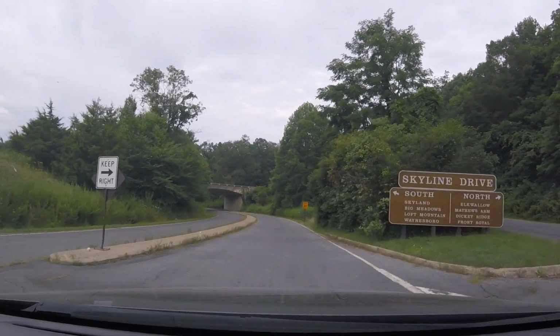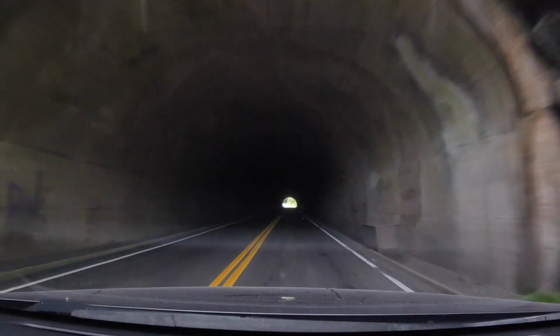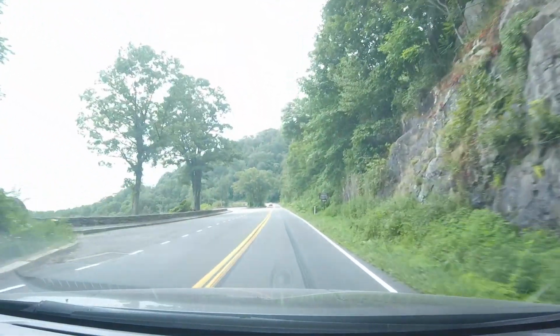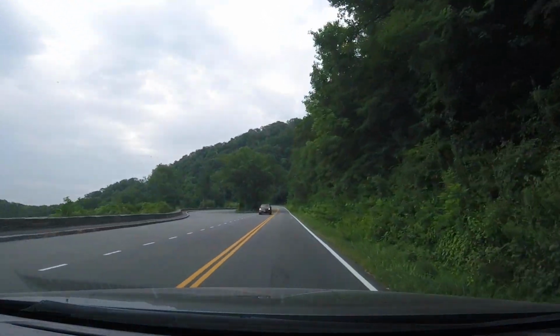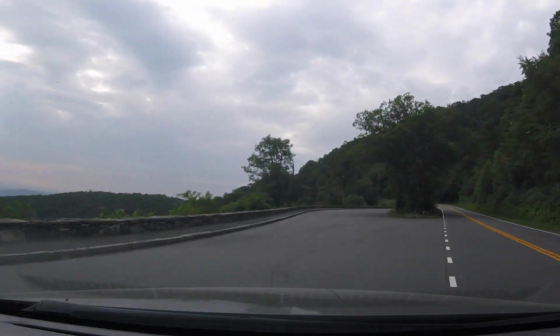So we're on what's called the Skyline Drive. It's a little over 100-mile road that travels north to south through Shenandoah National Park, and the park is in the Blue Ridge Mountains. As you saw, we just went through the gate entrance to get into the park, and we're here at one of the first overlooks, and it says that tunnel that we just went through is called